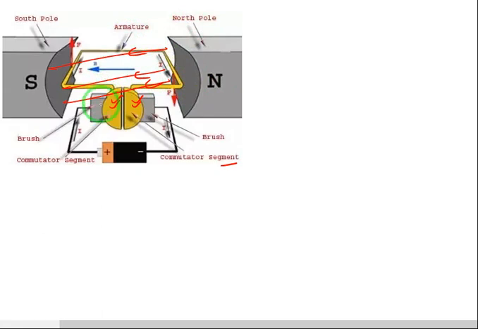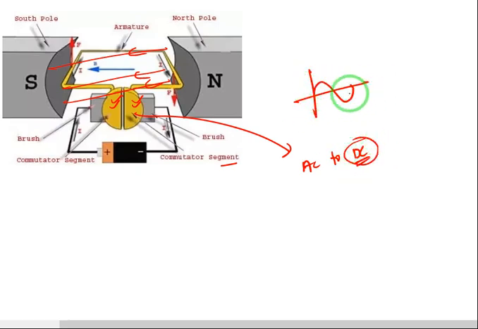That current will be collected through the commutator to an external circuit. It will convert that bidirectional current, that is the sine wave, to unidirectional current, that is DC. So the commutator acts as a mechanical rectifier. It converts from AC to DC, that is, from bidirectional current to unidirectional current.